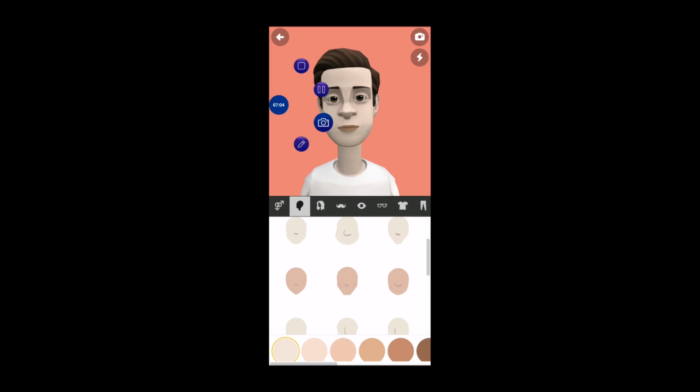So look at the hairstyle we want to change. Click on the particular hairstyle. If you want to download the hairstyle also, we can select a particular hairstyle. If we do not want it, just click on the undo icon. So it is removed. So look at this. We can change the color.